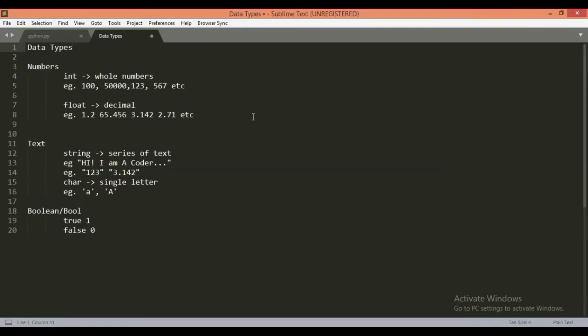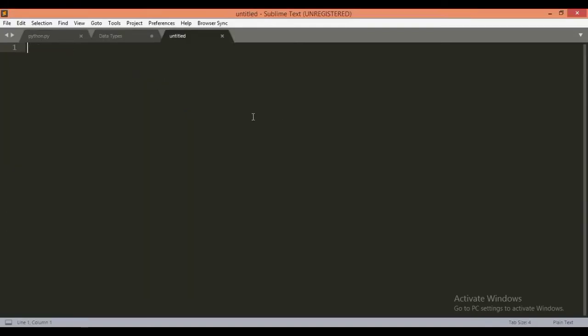As in the last lecture we learned some data types, today we will learn something known as variables. So what is a variable? Variables are something in which we can store some data and we can retrieve it anytime we want. For example, consider a folder in which we keep all our required documents and then use it anytime we want. Similarly, we can create variables which can be used anytime, anywhere.